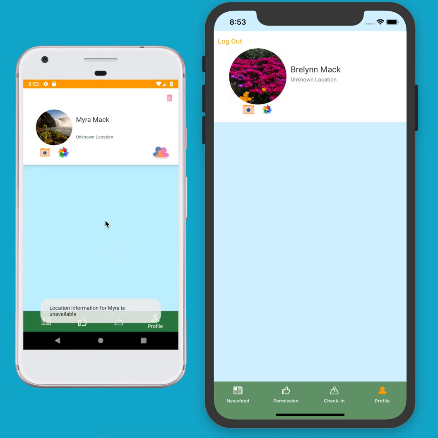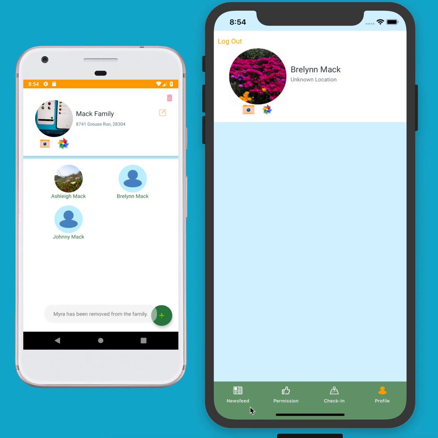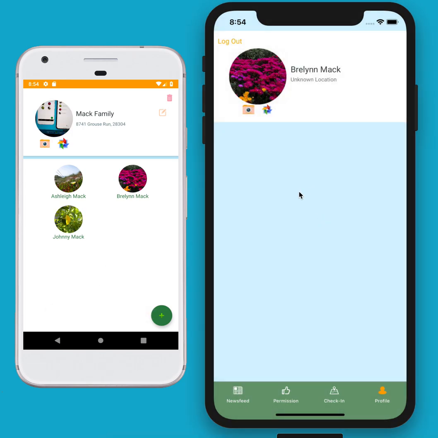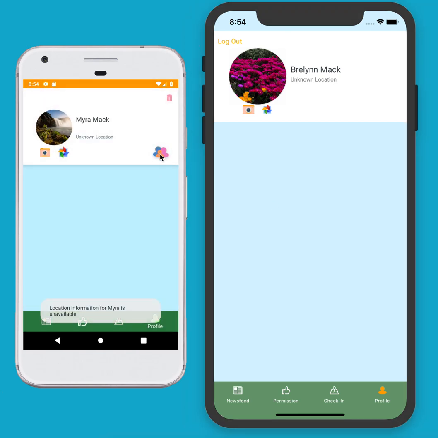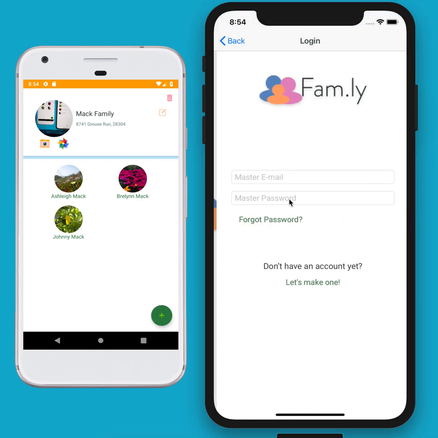Next, we'll real quickly just demonstrate that it is possible for parents to delete a family member. So we've deleted that family member, and that is persistent across devices. So if we were to log back in over here as mom real quick,